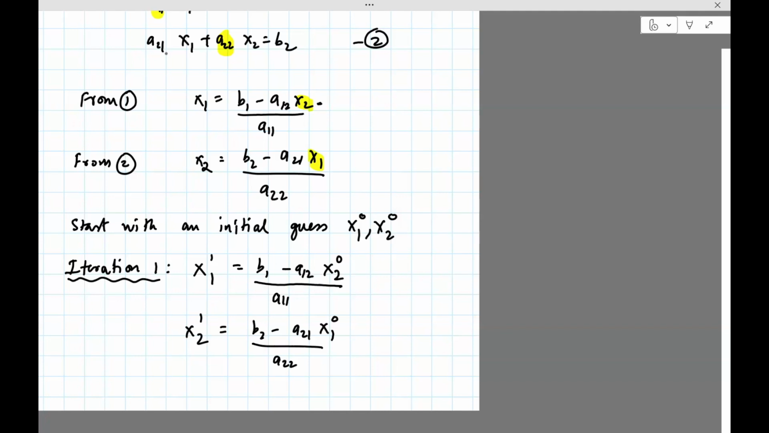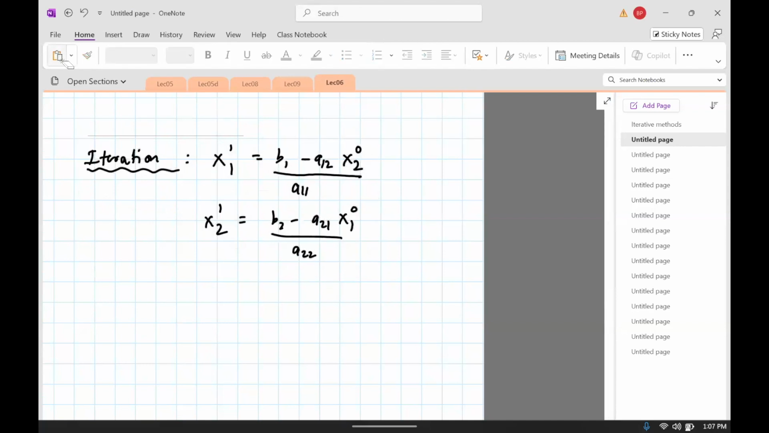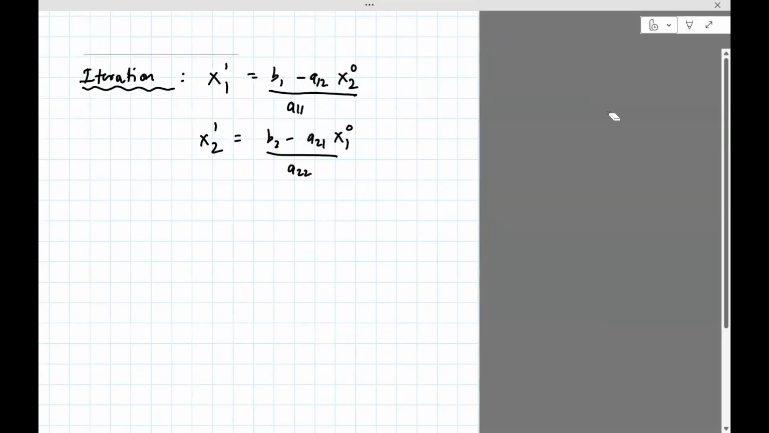Now we can do the same thing for the next iteration. The same thing happens for the next iteration, except that now we have a new solution x1 superscript 1, x2 superscript 1, which is an improvement. So let's use that. So iteration 2, this is the new solution. We'll use the solution from iteration 1. Keep doing this till